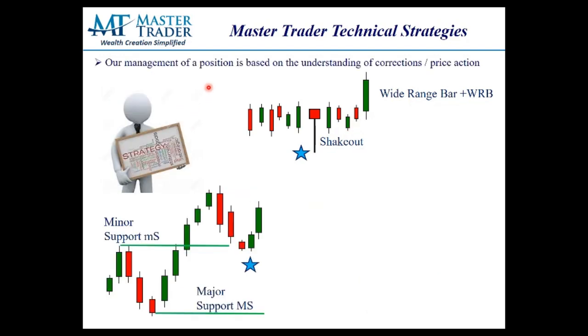So our management of a position is based on the understanding of corrections and price action. I mentioned minor support as prices move up, and clear resistance as they pull back to it. That reference point of minor support is often where prices are going to turn up, even though there's nothing of real significance here to the left. This even subjective reference point that's widely known by almost anyone that looks at a chart is where they're looking to buy, and it becomes a self-fulfilling prophecy,